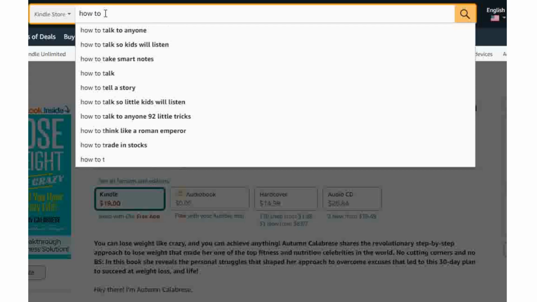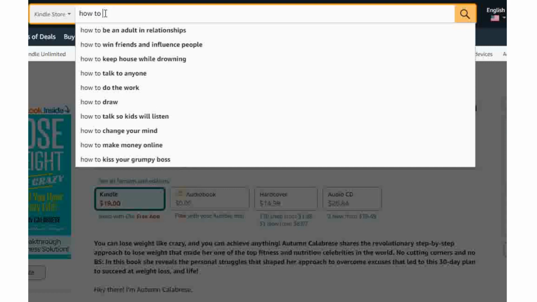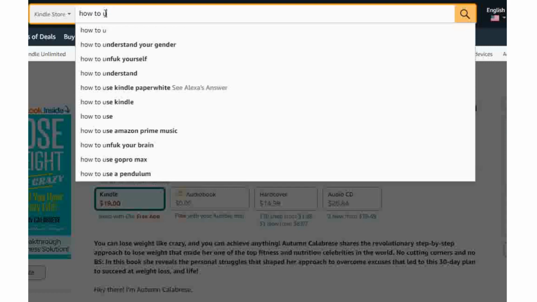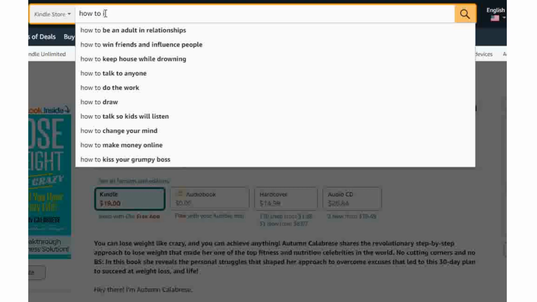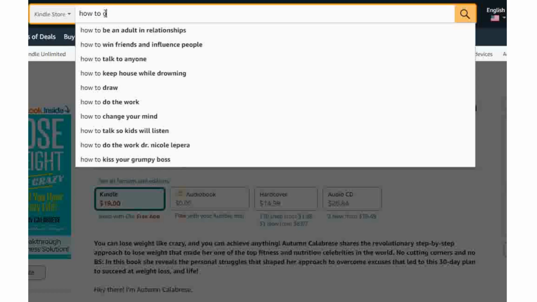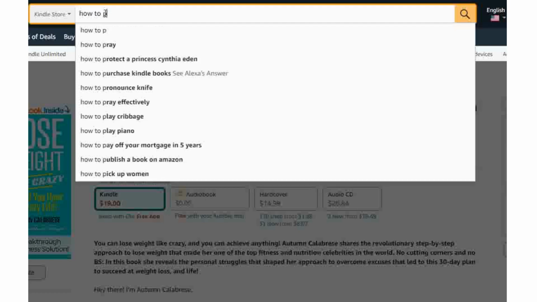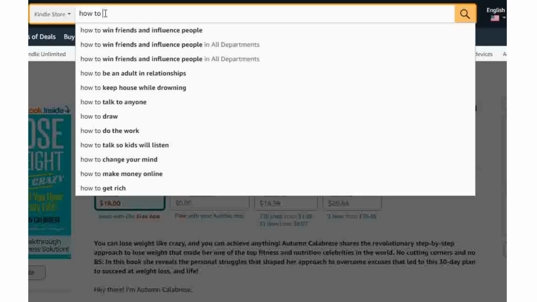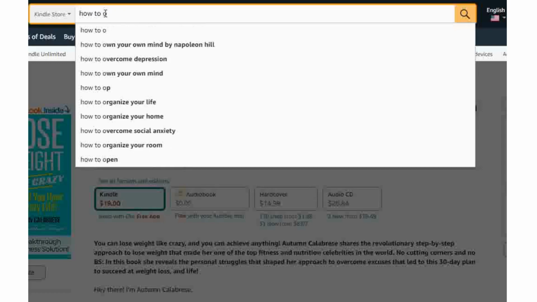This is what it looks like in the Amazon search bar. The Amazon algorithm has actually studied what people have searched. In that way, it brings out the suggested sentence. It works the same as YouTube and Google. You know, when you're trying to search for something on Google or YouTube, it already suggests what you're most likely to search for, because many people have already done the same search. Because you know what people are searching for, Amazon auto suggest helps you position your book well. So if you have enough suggested keywords relevant to your niche, do further research to know how competitive they are and put them in your keyword space.